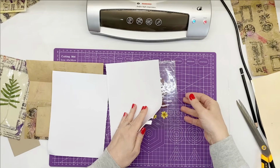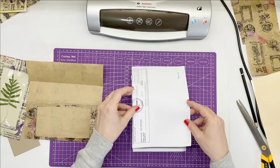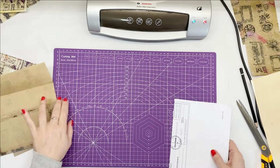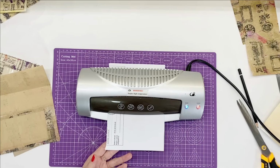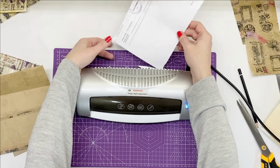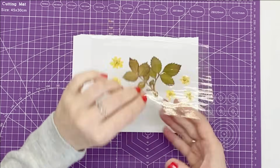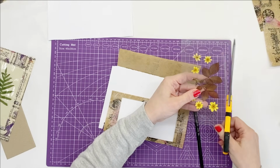I'm going to place it in between two sheets of paper, just scrap paper. And I won't put that on that side because that ink might transfer, so it's best if the paper that's on the inside is white. So let's feed it through. Let's see. Nice. Love it. Have to cut it maybe there. Straight. Just a little bit